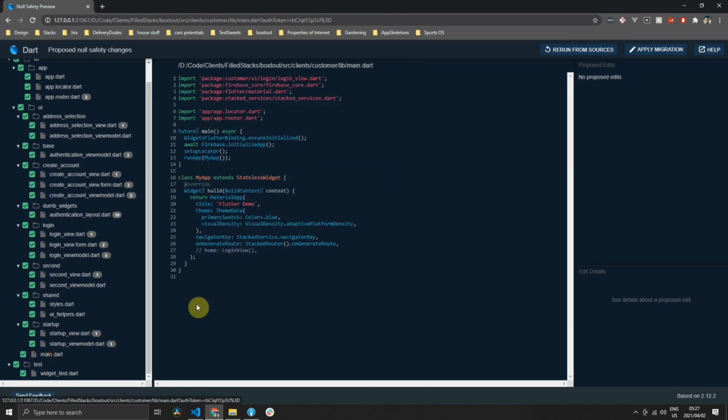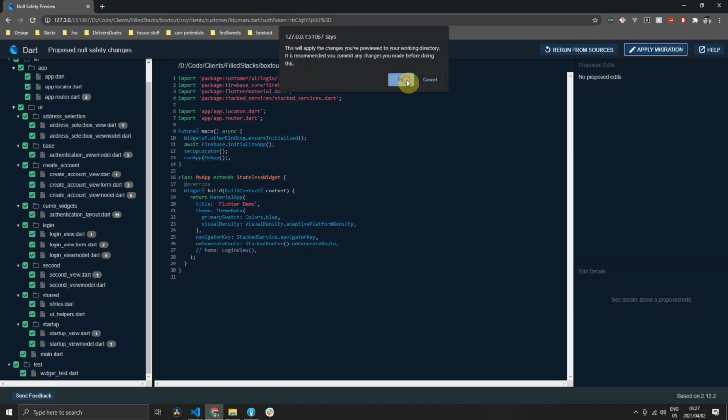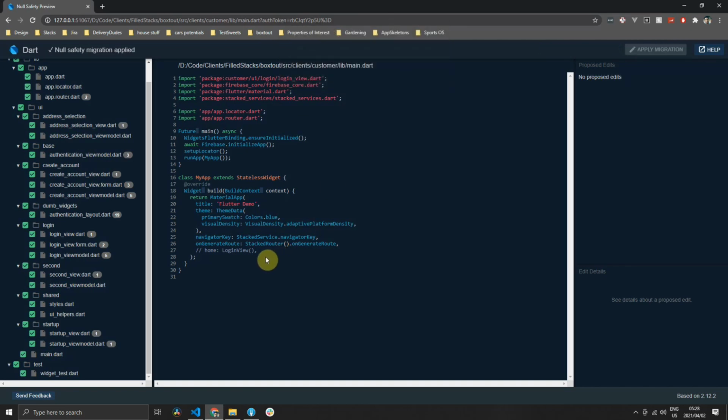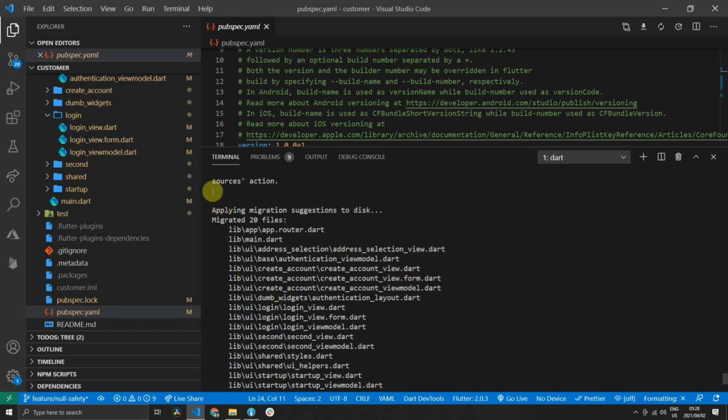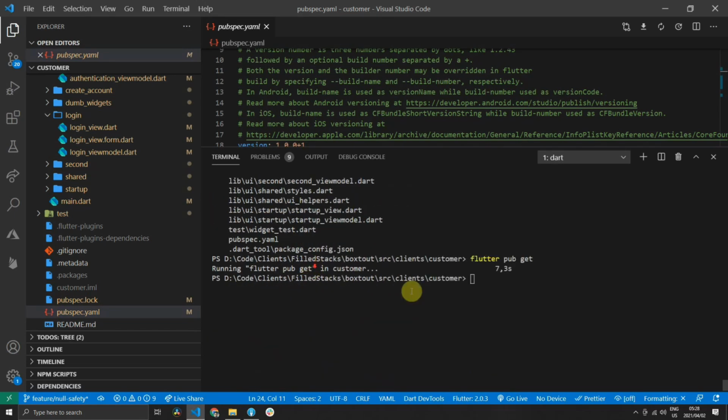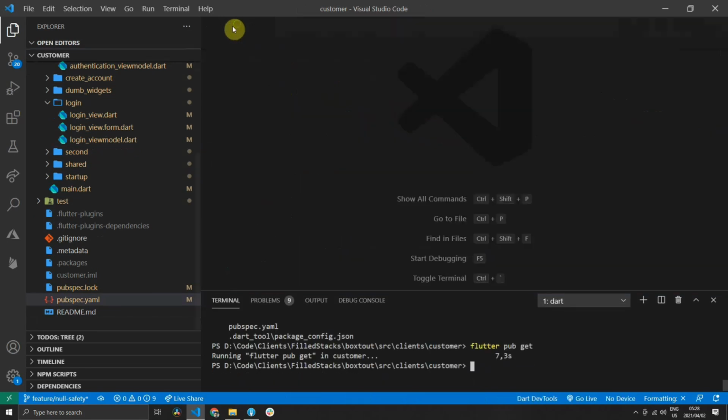Once we've gone through all of this, you can just click apply migration. That will complete the command in your command line terminal that was waiting for the apply migration. If you look at your terminal, you should see that it migrated all 20 files that we had. And so the only thing left for us to do is to go and change the implementation for the migrations